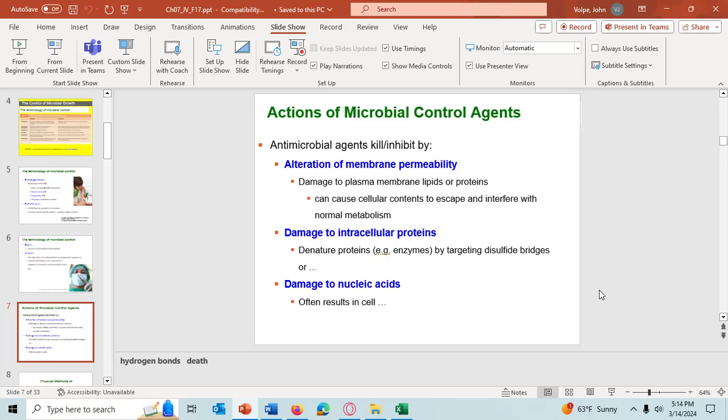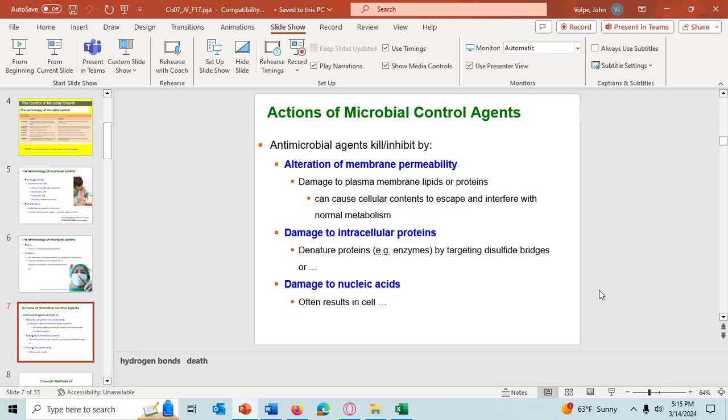That's that antibiotic called polymyxin B. It damages the cell by damaging the cell membrane. Alcohol can also damage the cell membrane. I can't think of another agent that does. Obviously, soap could dissolve the cell membrane, but